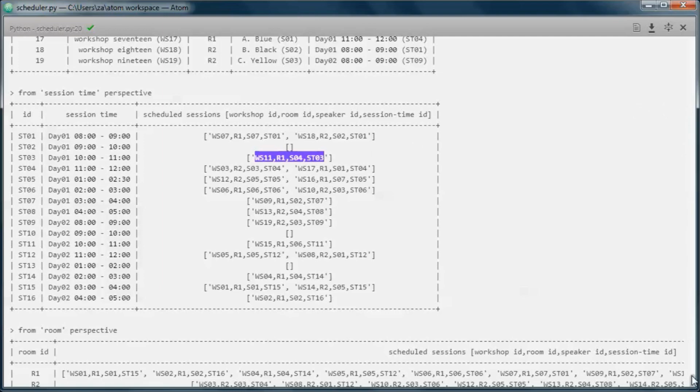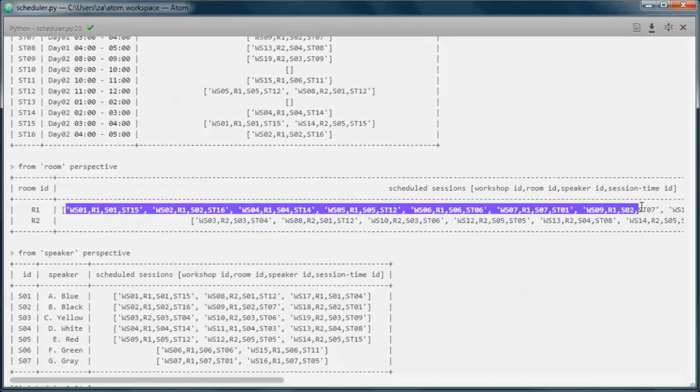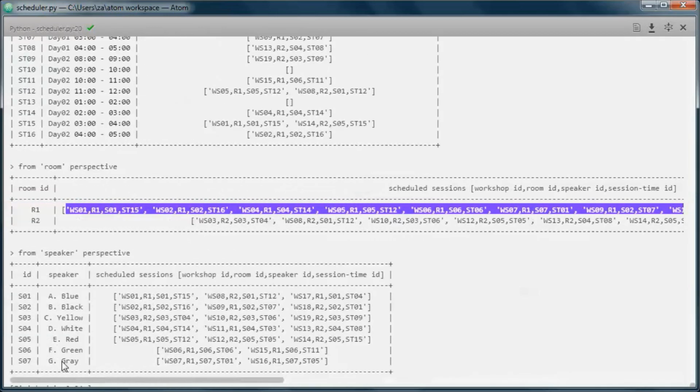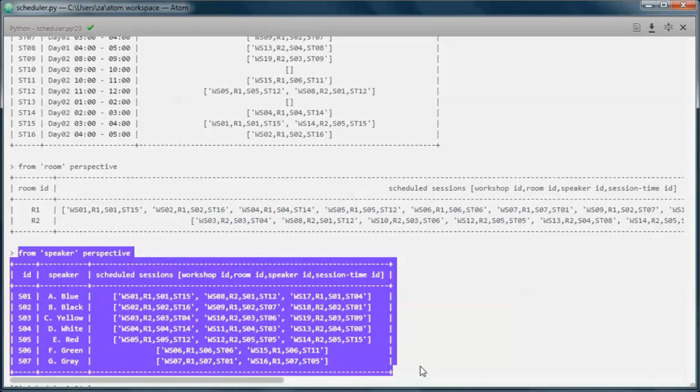And this is the solution from the room perspective. So room 1 has those workshops scheduled in it, and room 2 has those workshops. And this is that solution from the speaker perspective.